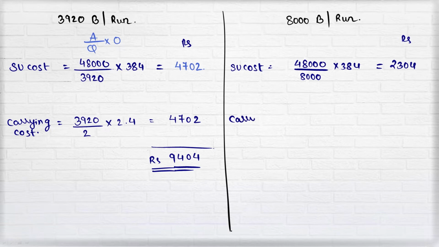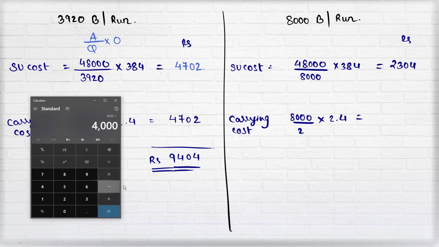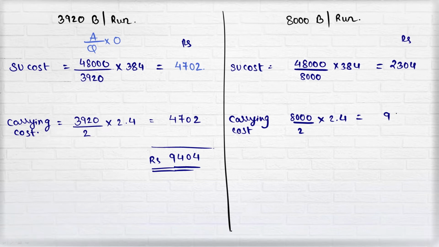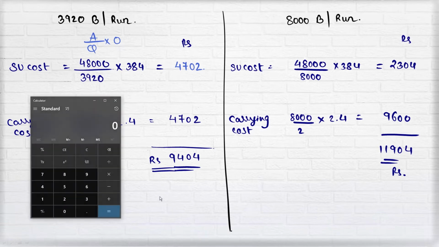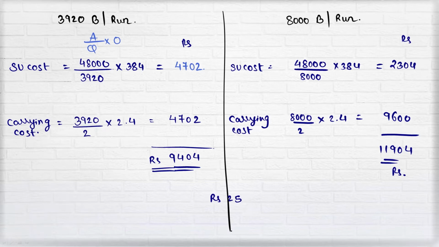And your carrying cost will increase. Will be 8,000 divided by 2 multiplied by 2.9,000. Total will be 11,904. And they are asking me how much cost will increase if I decide to manufacture 8,000 bearings in one run. How much cost will increase is 11,904 minus 9,404, which is rupees 2,500